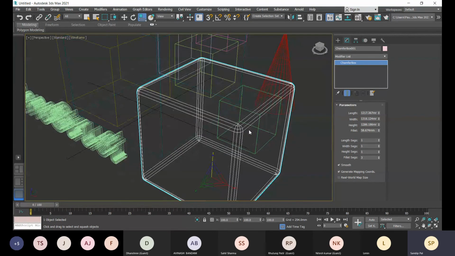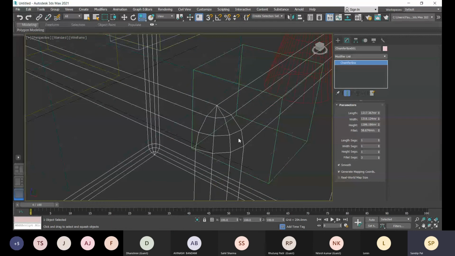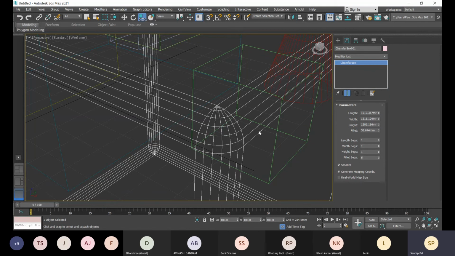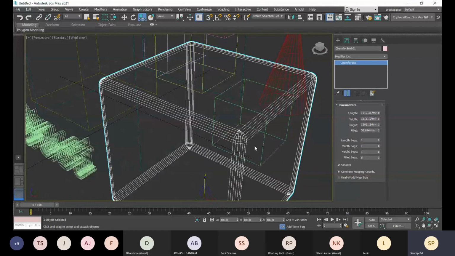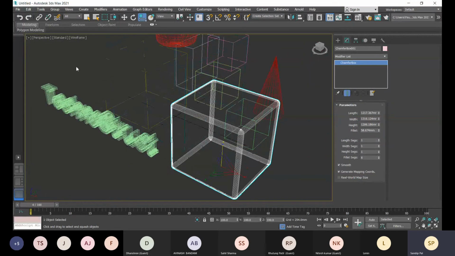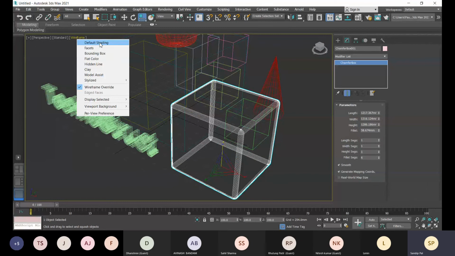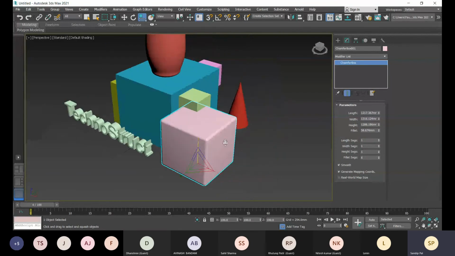Okay, here you see we have 1, 2, 3 edges, so some sharpness is still there. If you increase the segments, it will be very much smooth. So minimum 6 for a smooth curve. This is about the chamfer box.